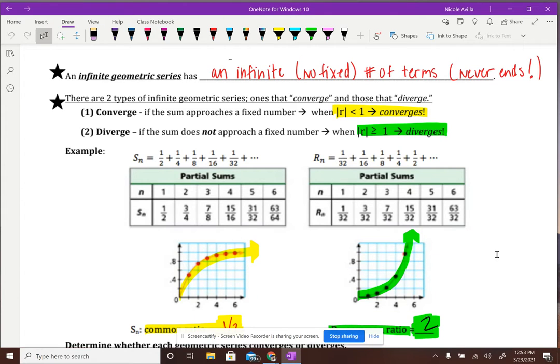I know since we had some technical difficulties in third period, I wanted to make a quick video to hopefully highlight some of the things that we were dealing with today when we were talking about infinite sequences and series. So first things first, I just want to remind you guys about how we can tell whether